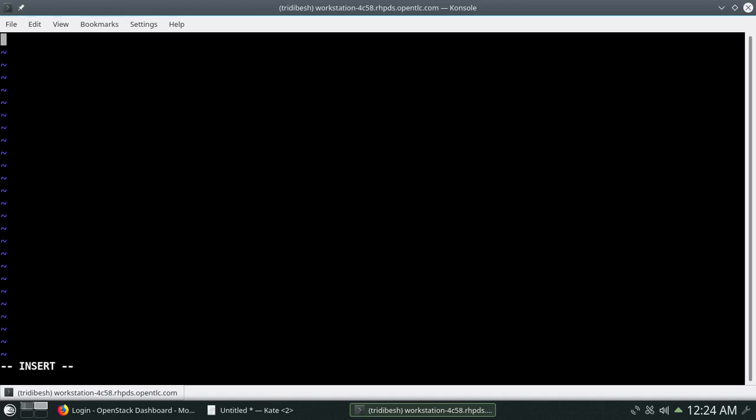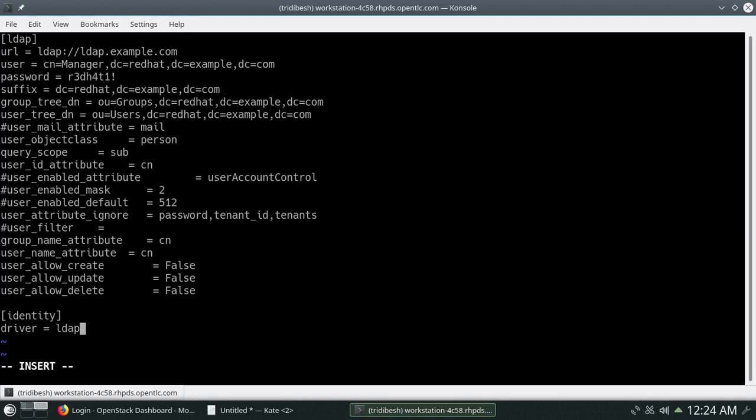So let's create the configuration file for this particular domain. Let's copy paste. I already have this configuration file content handy. The content for this file looks like this. We are enabling the LDAP authentication for that domain, meaning user support. For that we are giving LDAP, then the URL, which is mainly the LDAP server address, then the user, then password, suffix, then group DN, then user object class. All this information we are giving, and at the end we are also giving the identity service. For that the driver will be LDAP.